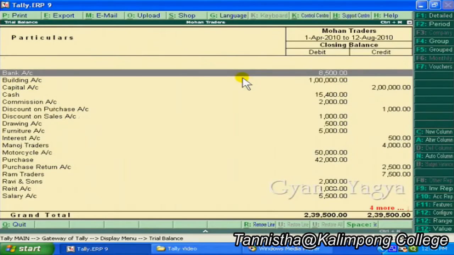Here, I would like to say one thing: if any account or group has zero balance, you will not be able to see it in trial balance. If you want to see the detail of any ledger, click on that ledger and press enter. Then press F5 again to come back to the groups.